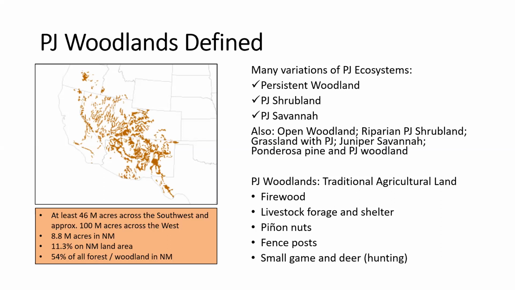They were used for firewood, livestock forage and shelter, for harvesting pinon nuts, for harvesting fence posts and other utilitarian wood materials, and for hunting, for small game and especially deer hunting. So, and again, it's a very large ecosystem with many different types, and it's just in the last 10 to 20 years that we've begun to distinguish between these types so that we are better able to manage them and also start discovering how they are related to soil and other environmental